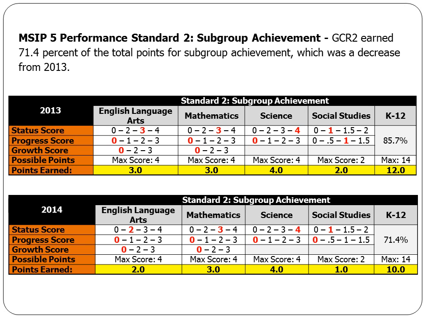In science, we were at 4 out of 4 and 4 out of 4. And in social studies, we went down from 2 to 1. So the total change is from 12 out of 14 to 10 out of 14. So we did have a decrease, and we are working on looking at how we can better identify our students' needs in this area.